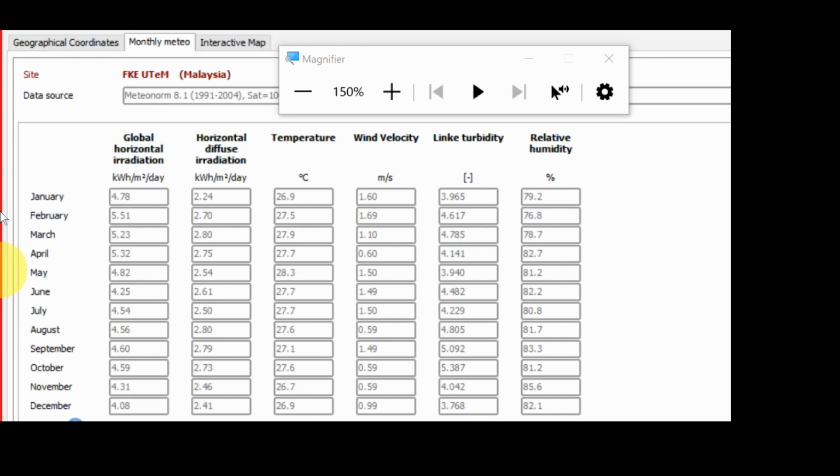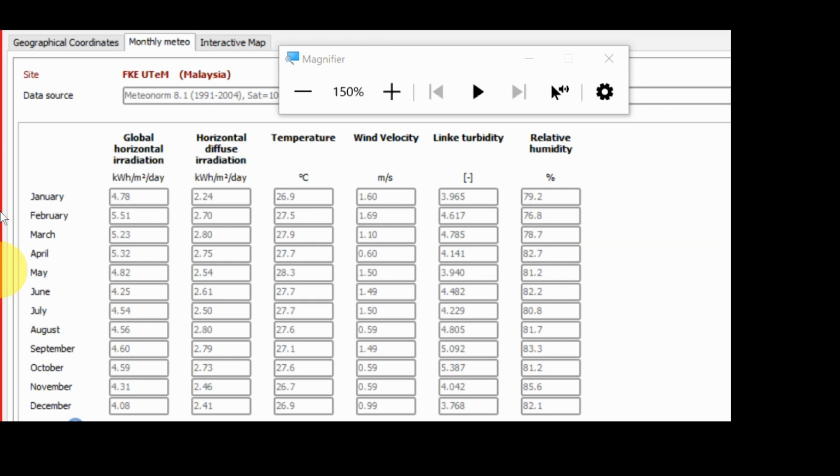Because during sunrise and sunset, the trajectory or the position of the sun is very low, so not much sunshine we can use. But as the day goes along and it approaches noon, the sun becomes higher,